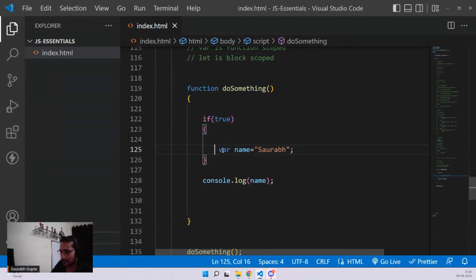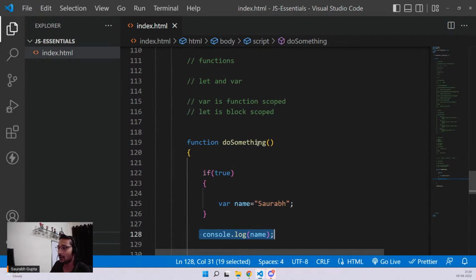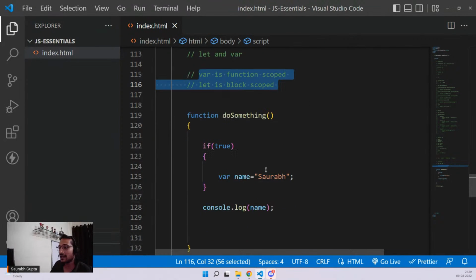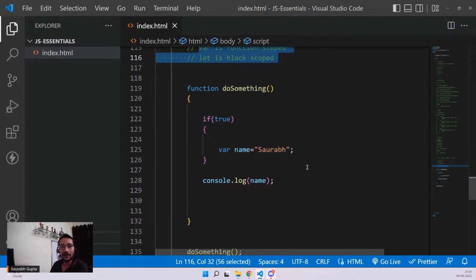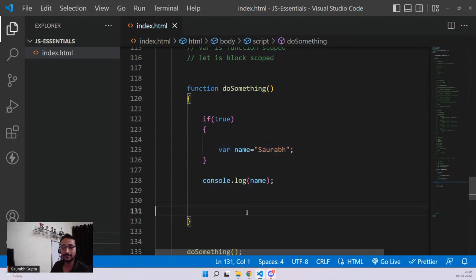I have created this variable inside this block, but I can also access this variable outside the block, and that's a wrong thing because no other language allows it. But it's happening because var is function scoped. So no matter inside the function where you create a variable, it will always be accessible in the whole function wherever you want. But if this was let, now see,